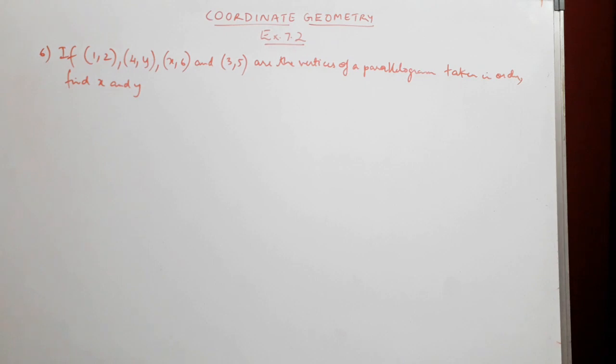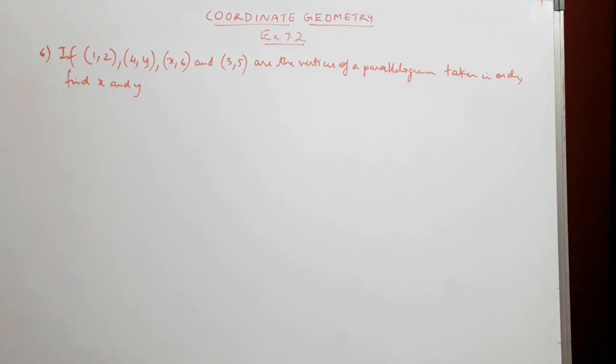Hello students, in this video we will be solving a couple of problems from exercise 7.2 based on the midpoint theorem. We'll see what the midpoint theorem is. First we'll have a look at the question. If (1, 2), (4, y), (x, 6) and (3, 5) are the vertices of a parallelogram taken in order, then